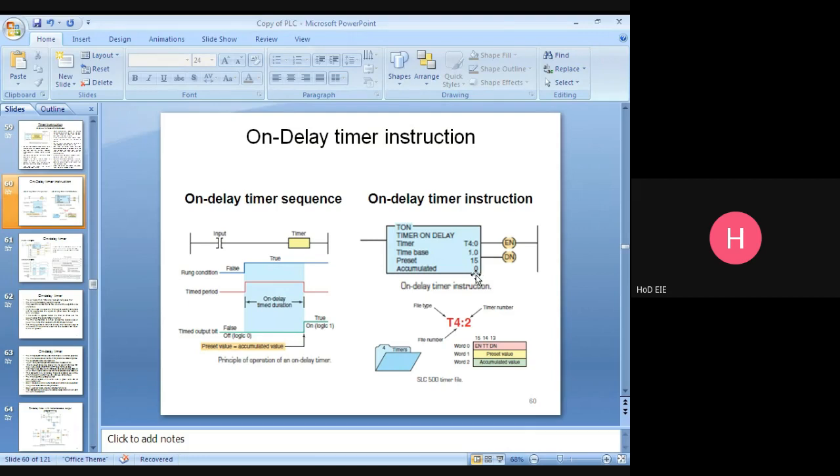This value will be changing up to 15 second. Once it reaches the preset value of 15 second, this done bit will be energized. Got it? Once the accumulator value of 15 second is equal to the preset value, done bit will be energized.